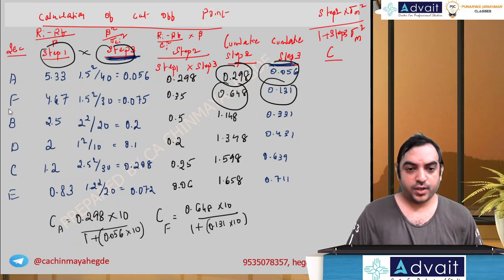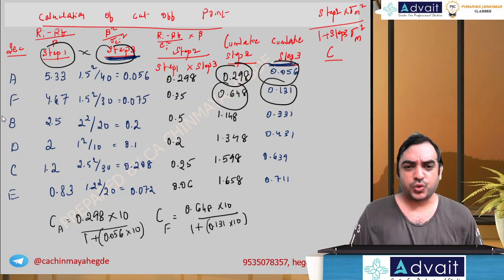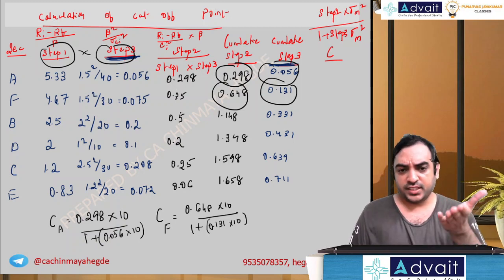So 0.298 into 10 divided by MRC equals. Okay, 1.91 you get. The institute has taken a slightly different decimal. They get 1.923, but that's okay. 1.91 you get. That's okay. In fact, what the institute has done, because these are all two decimals, they